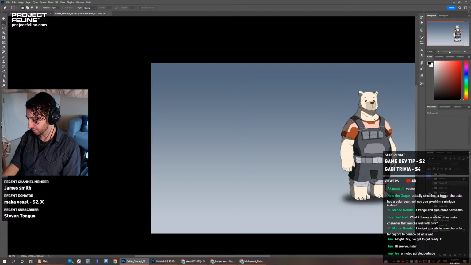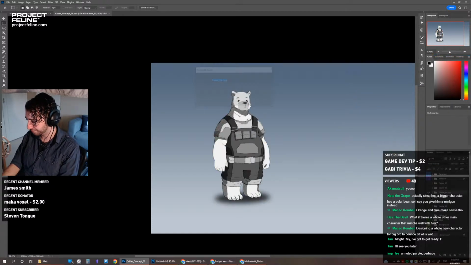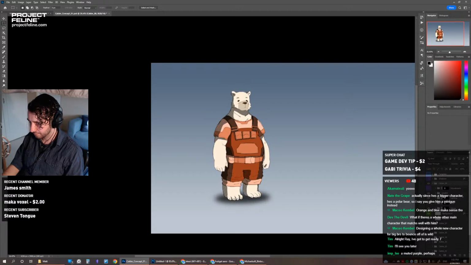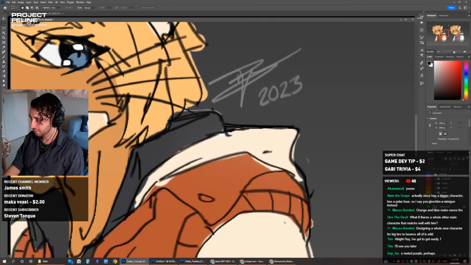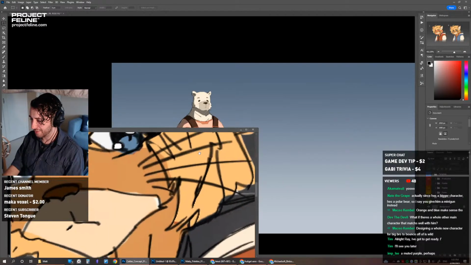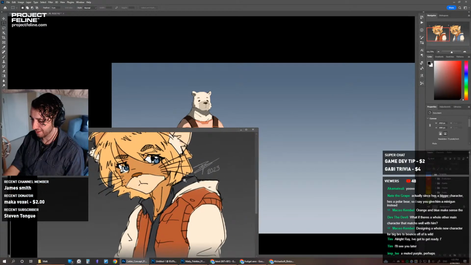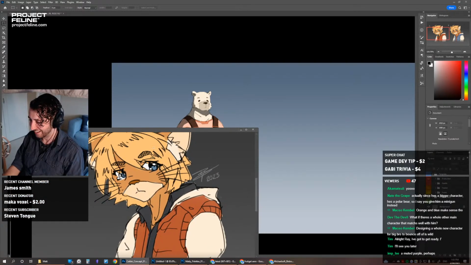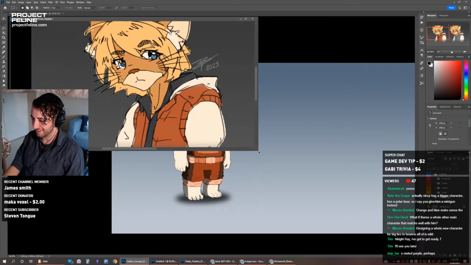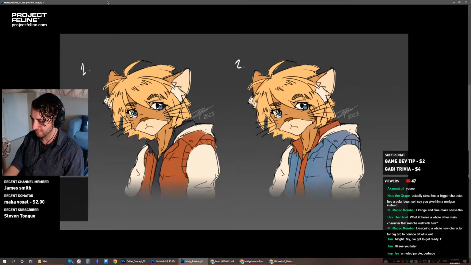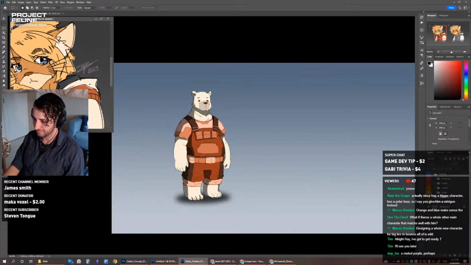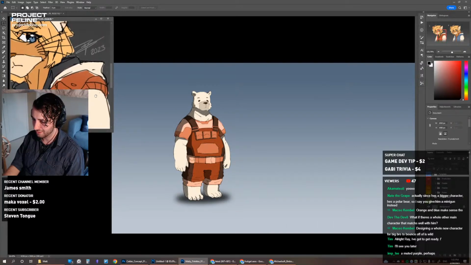So I'll save, I'll just make a copy. And I'll just have these open in the corner. Because I don't know why, but the red on this character, I think I like it better on Maddie. And I don't know why. Because the red looks different on Calder for some reason. And this, by the way, is not a Project Feline character. This is just for something else. But I'm going to steal colors from it anyway.